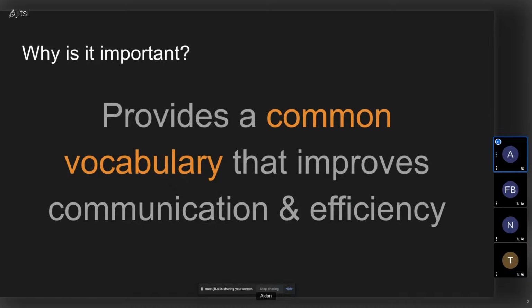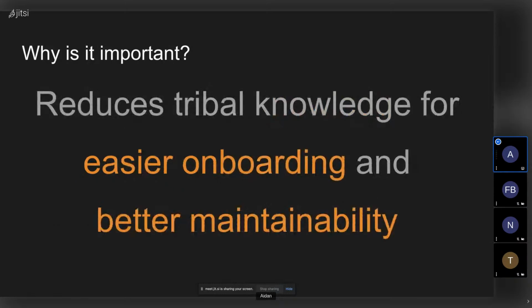So by removing all of the translation that has to happen by just using the common vocabulary, you can be a lot more efficient and effective and get work done a lot faster. And beyond that, when you don't have all of those mappings between words, you're reducing tribal knowledge, so that anytime anybody joins your team, a new engineer, a new designer, a product manager, they can look at this one list of nouns and look at any system and know what it's referring to, rather than having to search across a bunch of different words.